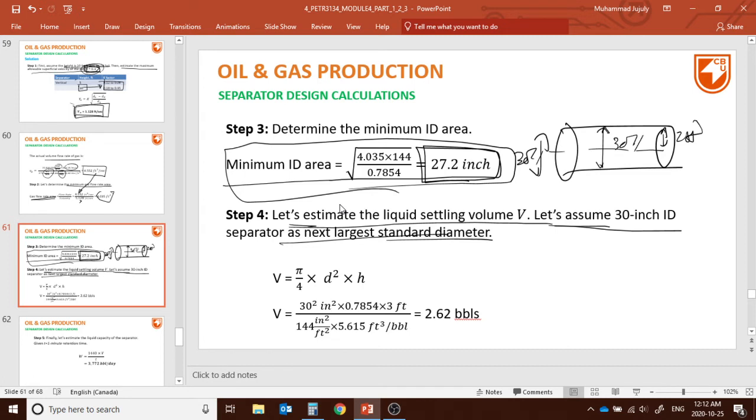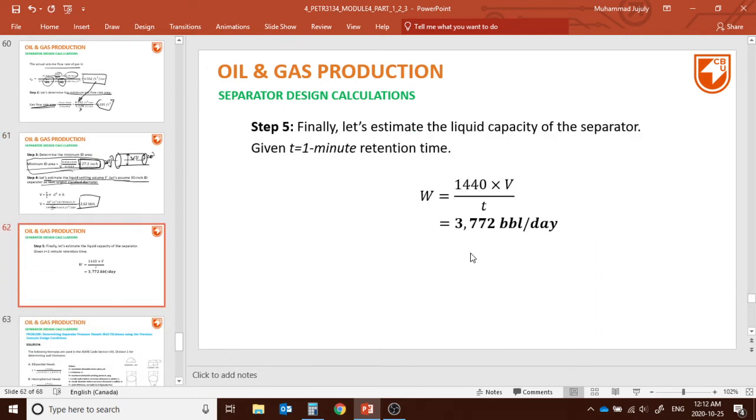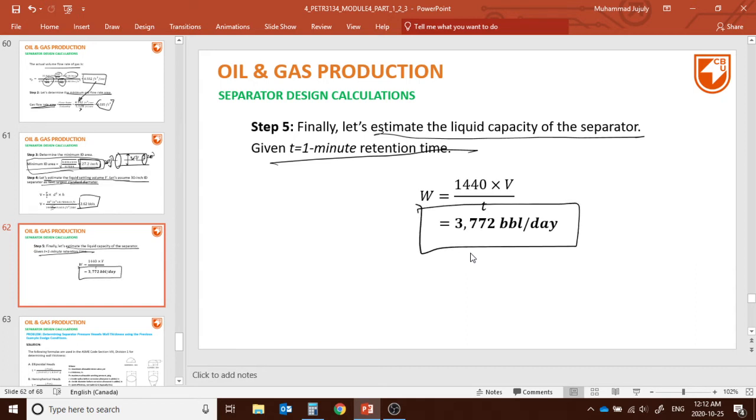If we assume it's 30 inch, the volume would be 2.62 barrels. And finally we can calculate the liquid capacity using the retention time, T equal to 1 minute. So W is equal to this. So that's how we can calculate the capacity of the